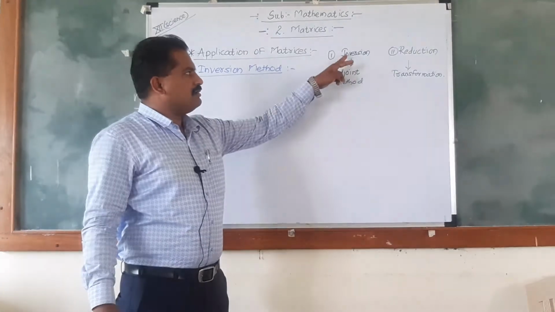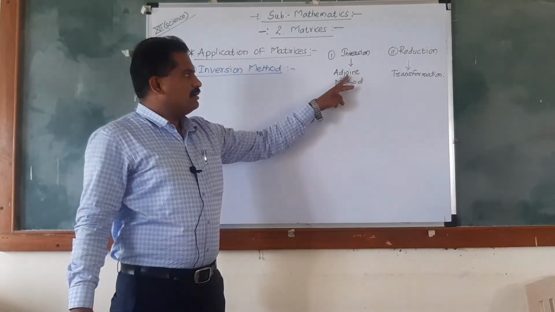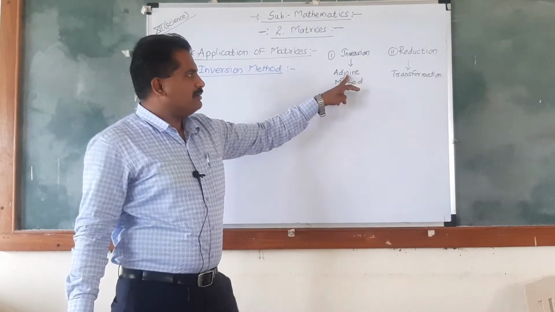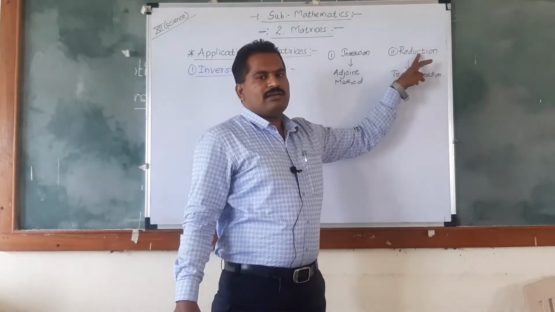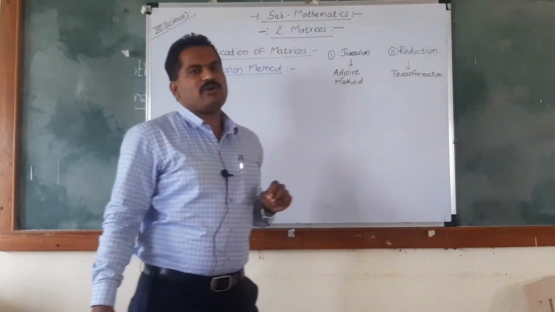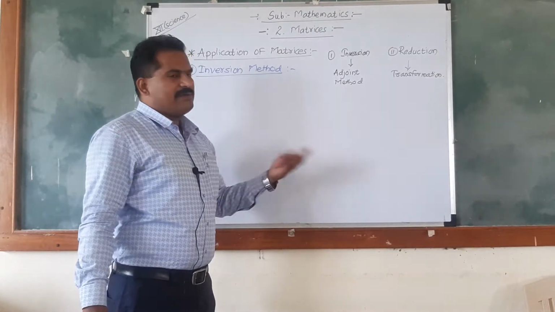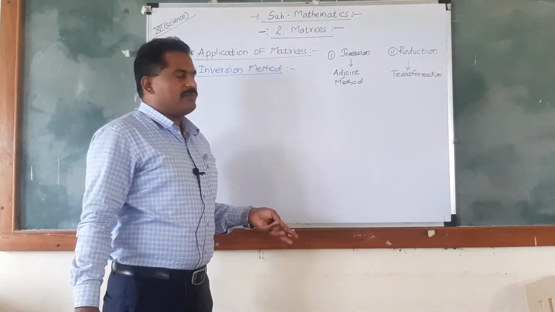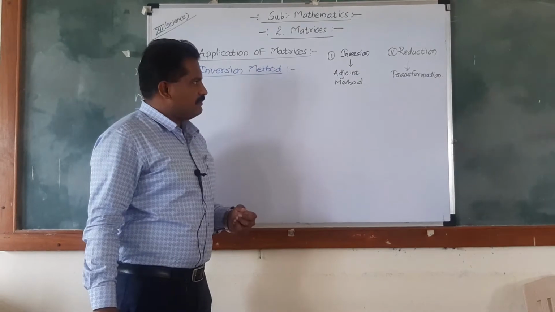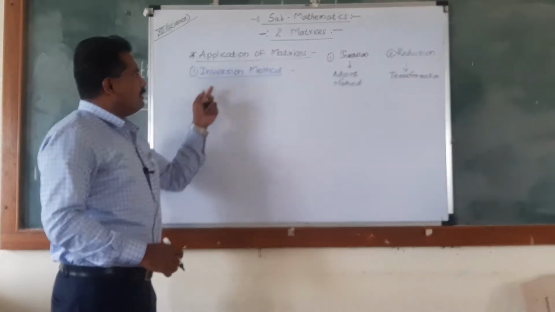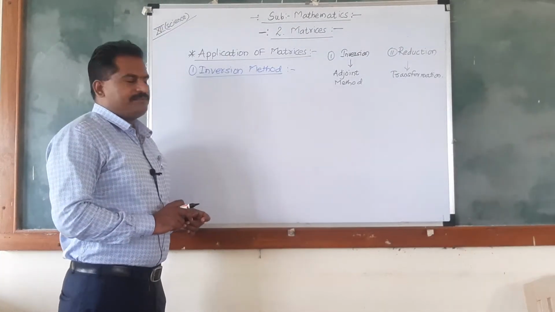Firstly, inversion method depends upon the adjoint method, and second, reduction method depends upon the transformation method. Okay, in which row transformation and column transformation are included. Okay, in this inversion method,